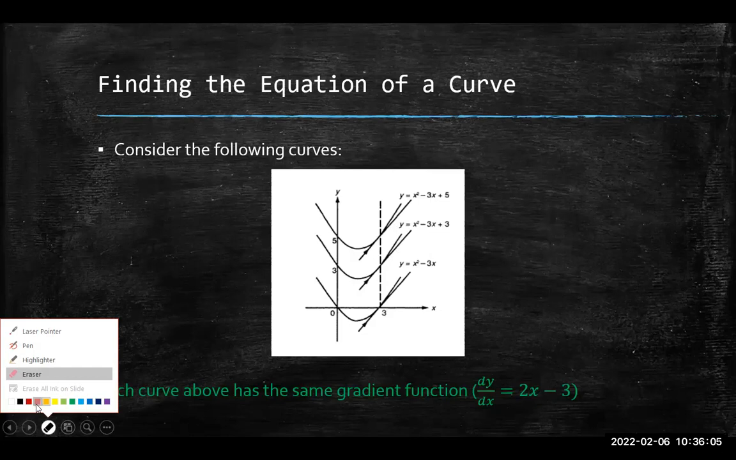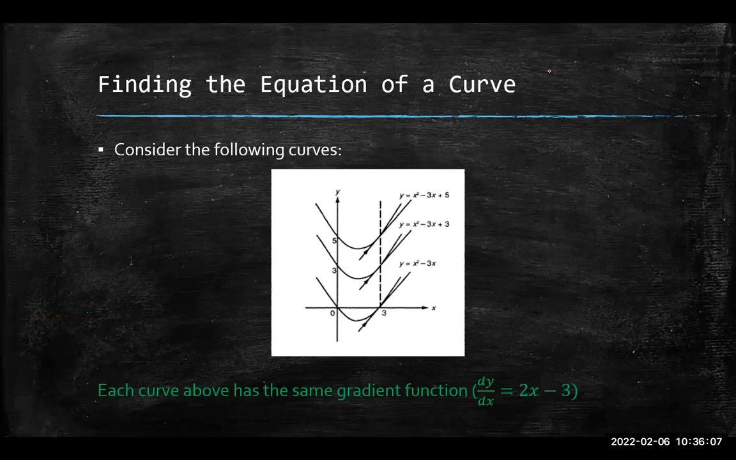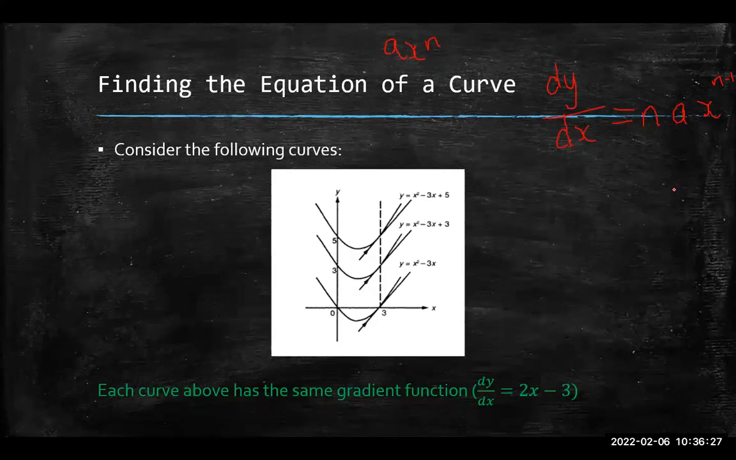Let me prove that to you. So we know that to integrate something, if I'm given ax to the n, this would become n times a x to the power of n minus 1. So let me just put the bracket. That's how you integrate, right? That's the rule for integration. So if I ask you,